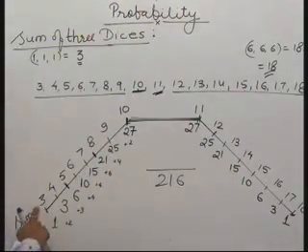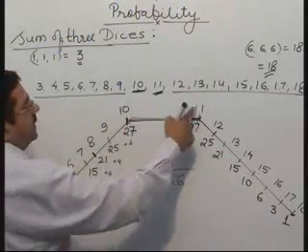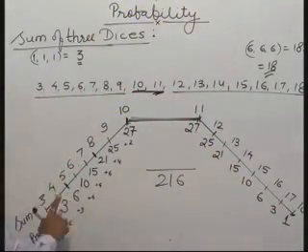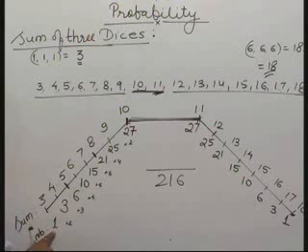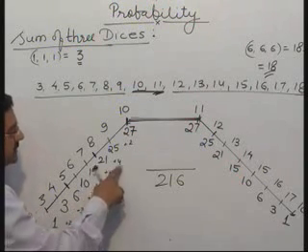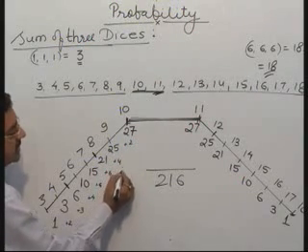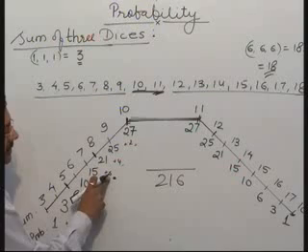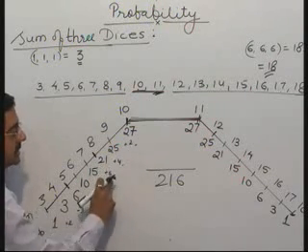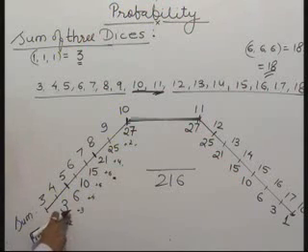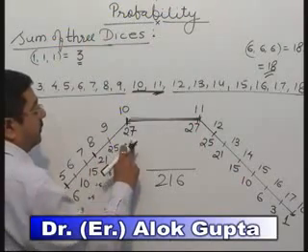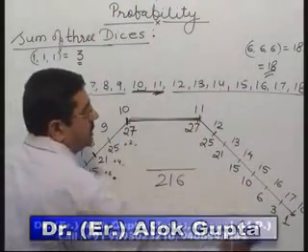Once again, sum is 3, 4, 5, 6, 7, 8, 9, 10, 11. There are 2 centers, then up to sum 18. What is the probability? Only 1 is the probability of getting sum 3. Then 2, 3, 4, 5, 6, 4, 2. ये बस 6 तक राइज करके 4 और 2 आपको याद करना है. 6, what is 6? 4 plus 2. मैंने ऐसे याद किया. 1 plus 2, 3, 3 plus 3, 6, 6 plus 4, 10, 10 plus 5, 15, plus 6, 21, plus 4, 25, plus 2, 27. Then इसको reduce कर दीजिए.